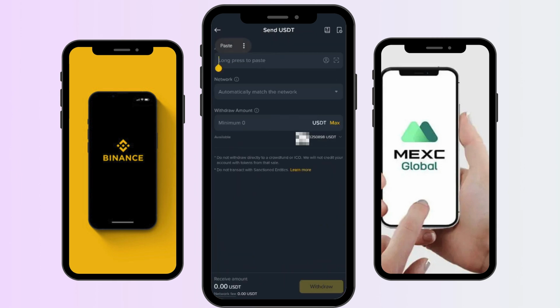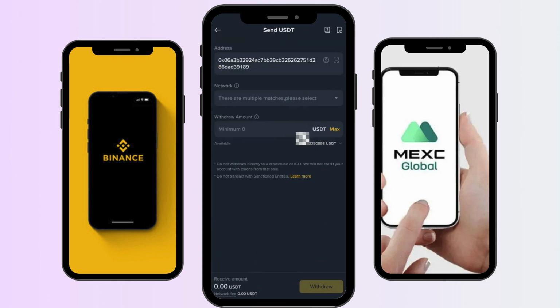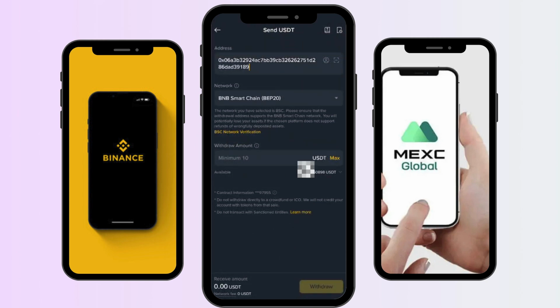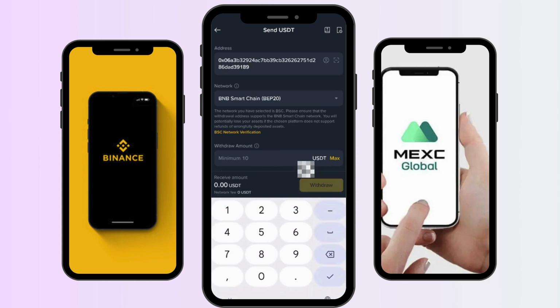The USDT send screen will open. Select the network as BNB Smart Chain BEP20. Make sure the network is the same as you selected on MEXC. Then paste the deposit address you copied from MEXC. Enter the amount of USDT you want to transfer, complete the authentication process, and your USDT will be transferred to